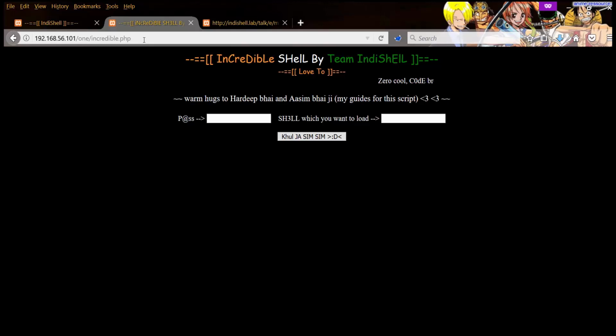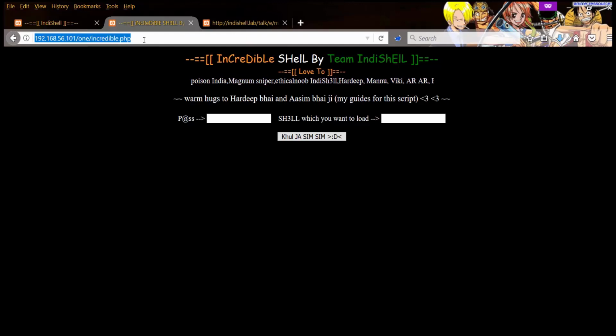Now I will demonstrate how to use Incredible Shell with the modified Manu shell, so that we can execute commands and need not upload the Manu shell on the server. It will be a dual combination, and using this combination we can bypass two types of restriction. First, when we upload Incredible Shell, it does not have any blacklisted keyword in it, so it helps us bypass the scenario in which a WAF or antivirus detects blacklisted keywords in a file being uploaded by an attacker.